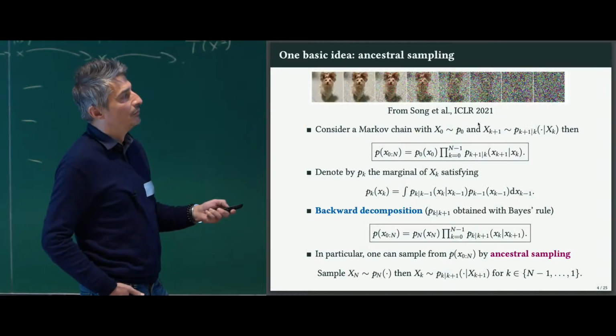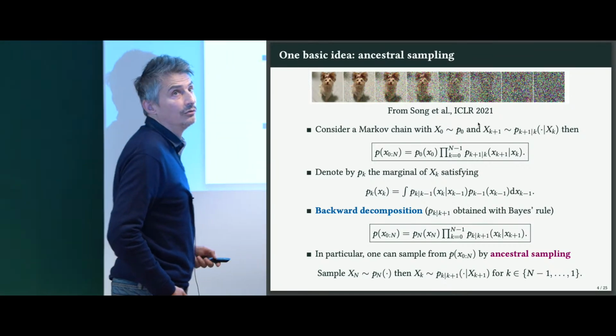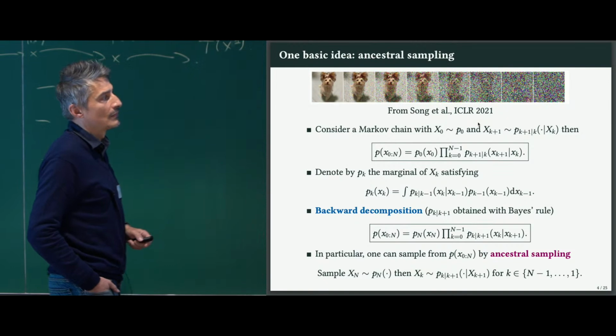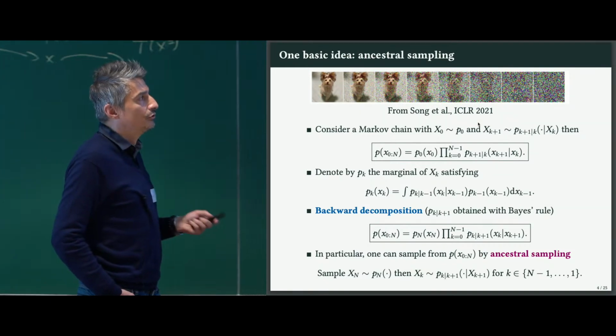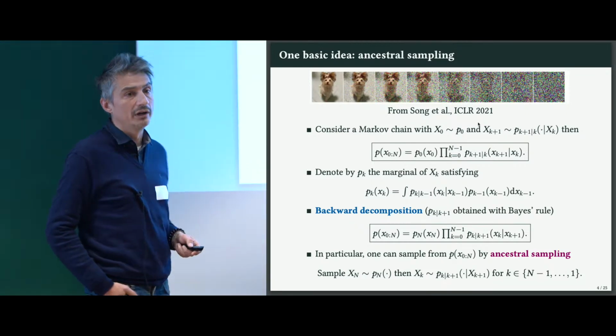So I can express the marginal density of Xk as a function of the marginal density at time k minus 1 and the Markov transition kernel. Okay. So now assume I tell you, okay, so that's the easiest way, the forward way to sample